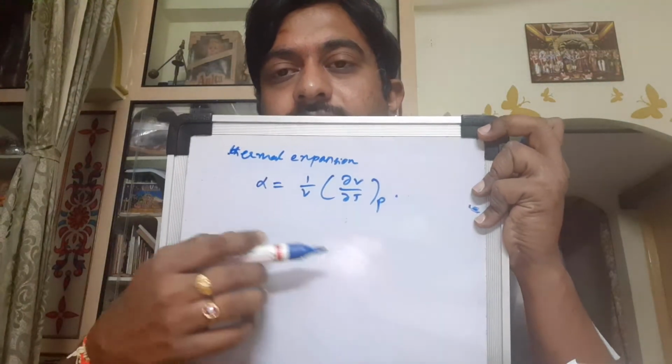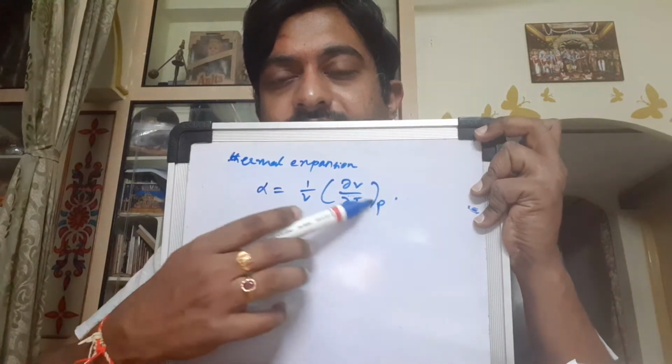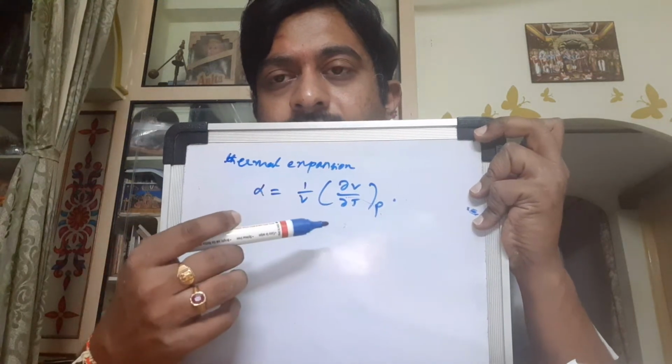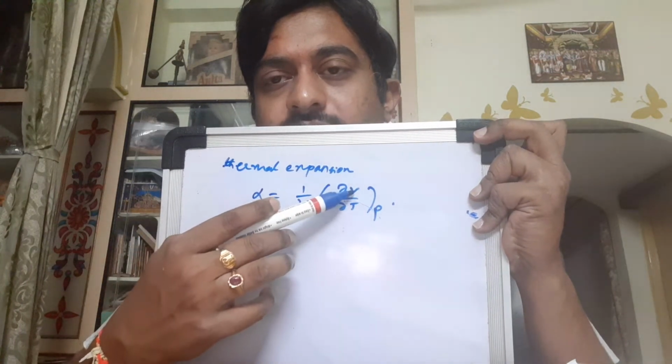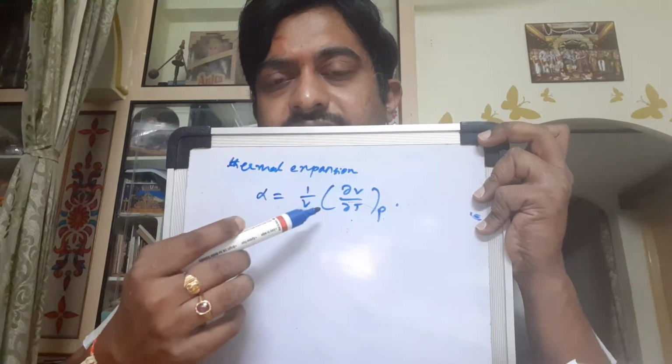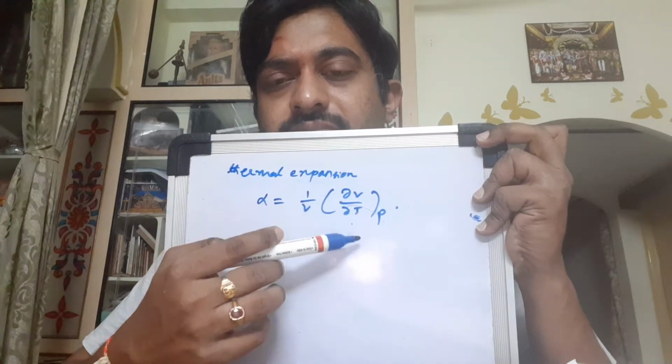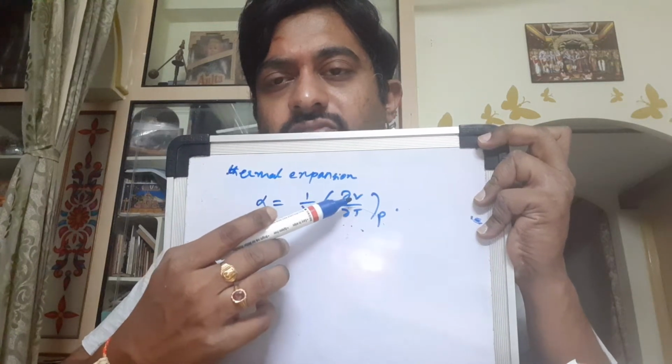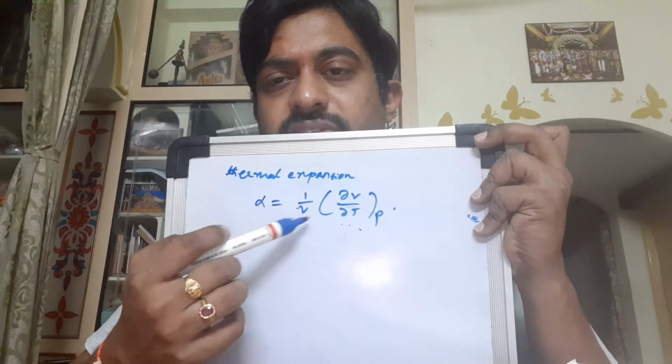Coefficient of thermal expansion, we are talking about coefficients, right? Coefficient of thermal expansion, coefficient of isothermal compressibility. So the coefficient of thermal expansion, on the other hand, is alpha equal to 1 by v dou v by dou t at constant pressure. Okay, so this is the relation, dou v by dou t at P. Again I am taking P, V, T as the variables here, not more than that. So dou v by dou t, again volume is involved and temperature is involved with respect to the differential, because volume is changing with respect to temperature, and 1 by v because of relative volume.